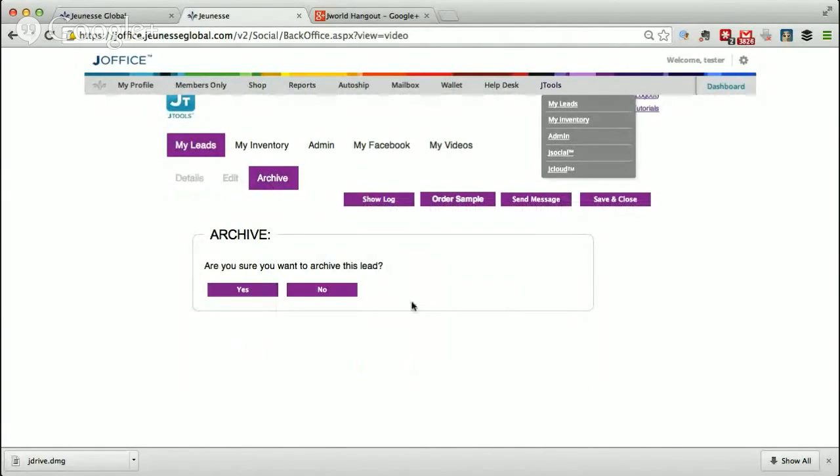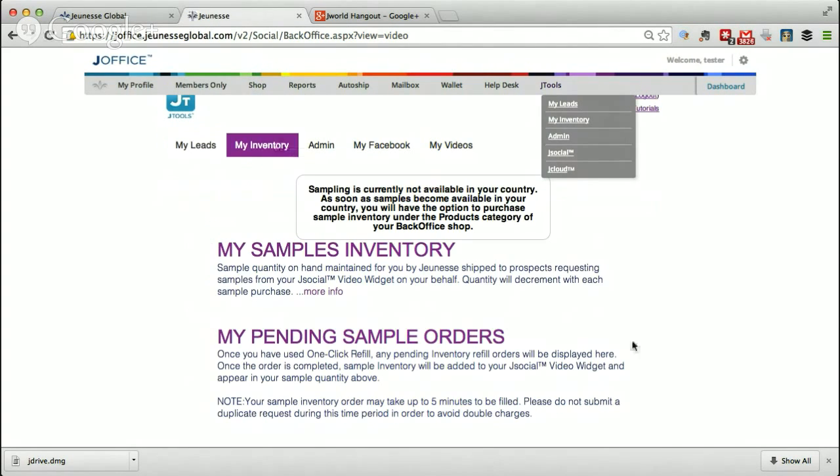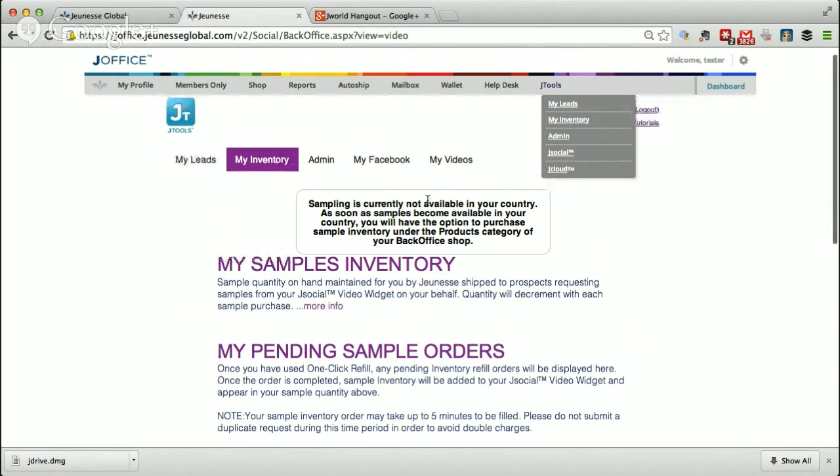So you're not necessarily deleting it, you're just moving it to the back if it's a lead that maybe went cold or they told you that they weren't ready to move forward at this time. You can go ahead and archive it. So your My Inventory, this is under the test account, so it's telling me